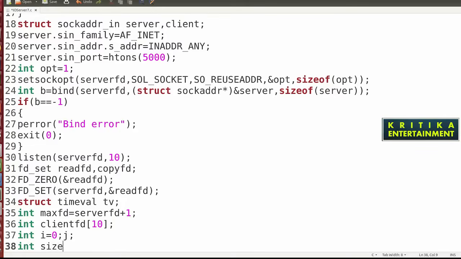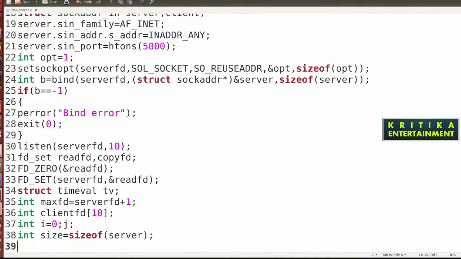Now int size is equal to sizeof server, then close it. Then char rcv for receive purpose, here I have given the length 20.